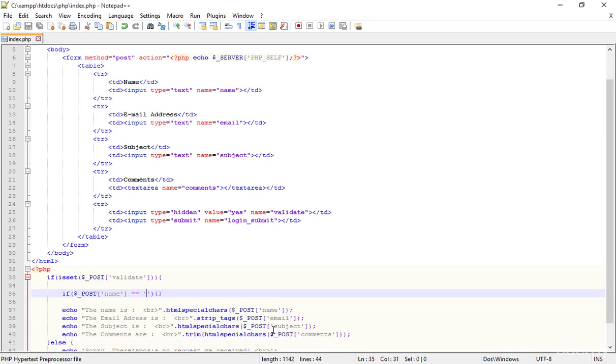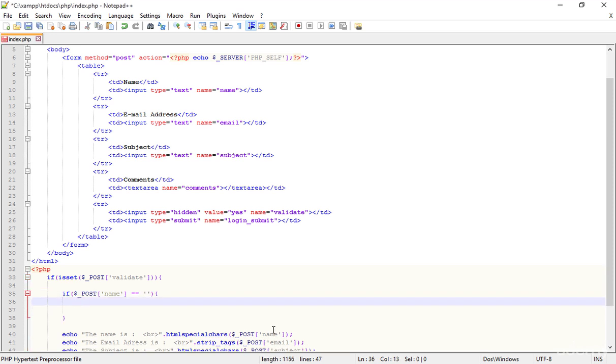Obviously, if I don't put anything here, that means I'm talking about empty. Here I'm echoing the name field is empty. And if not,